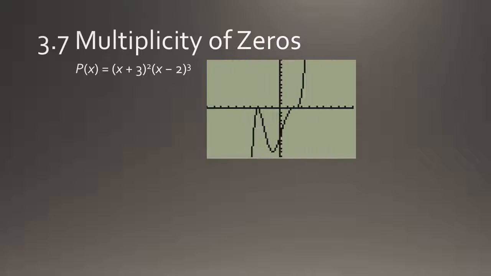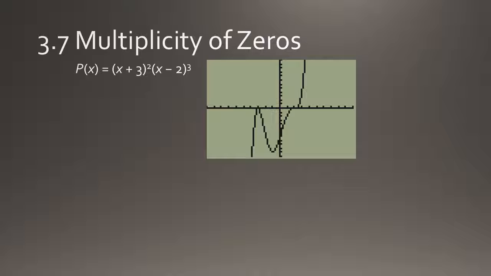Okay, slightly different function this time. And notice we're using the same zeros. This time negative 3 has a multiplicity of 2. Look what's going on where x equals negative 3. It's touching the x-axis and then dropping back down. And this time x minus 2 has a multiplicity of 3, so the number 2,